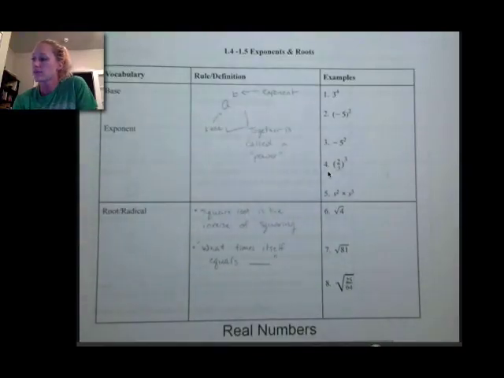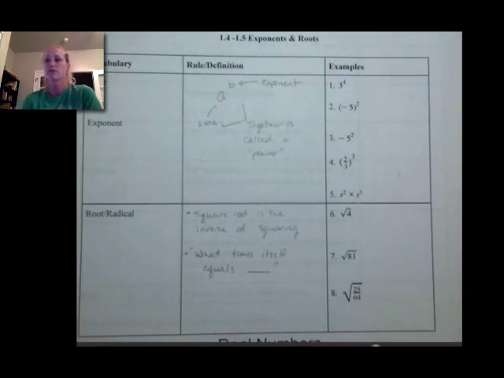Hi class. Today I'm going to go through examples and notes for section 1.4 and 1.5. We're going to be talking about exponents and roots, and we're also going to be talking about sets of numbers in this video. So here again, you can pause the video and copy down some notes. I'm going to use the notes here to go through our few examples. Okay, so